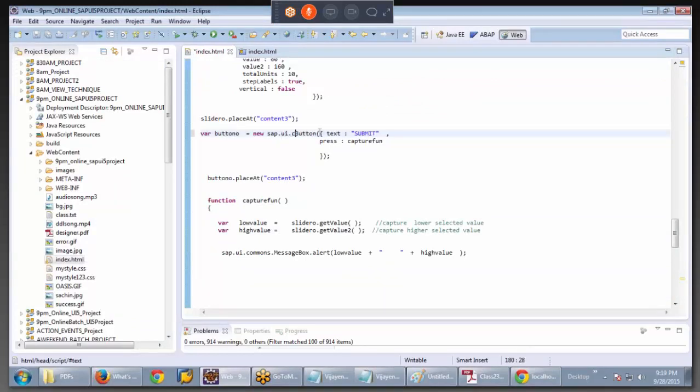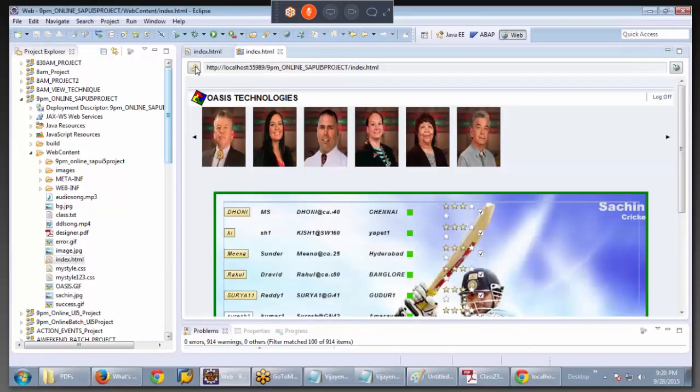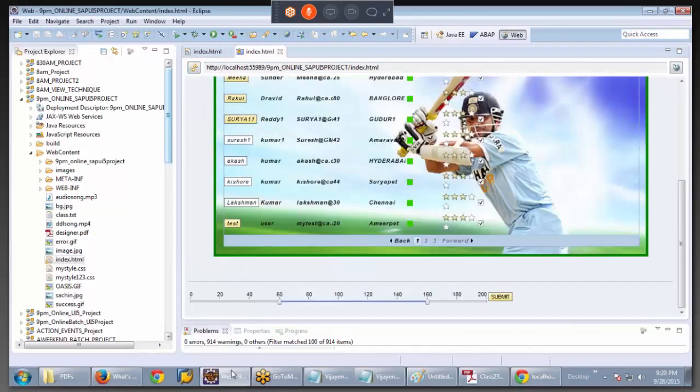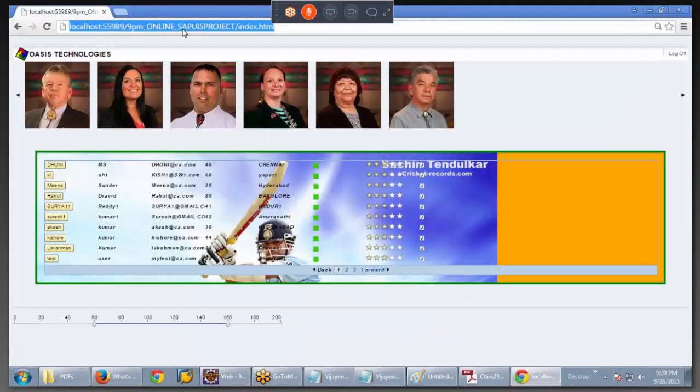Button object sap.ui.commons is missing. So I've corrected the code. I've corrected some code here. Commons is missing. So here you can see, let me refresh the screen,